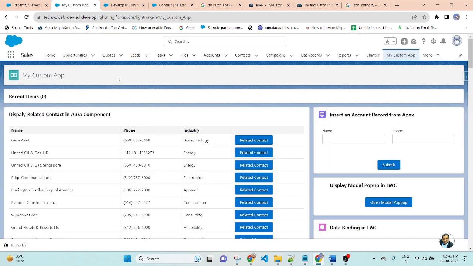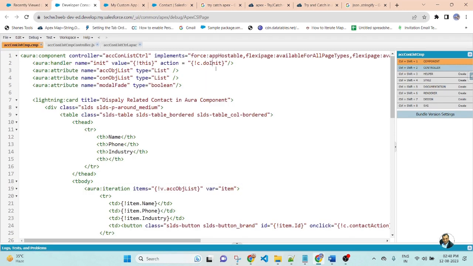So friends, in this scenario, I am fetching the related list of contact based on the account ID in Aura Lightning component. Let me explain my code and functionality. I created an Aura component. The name of the component is account contact list component. Inside the component, I created an Aura handler doInit function.